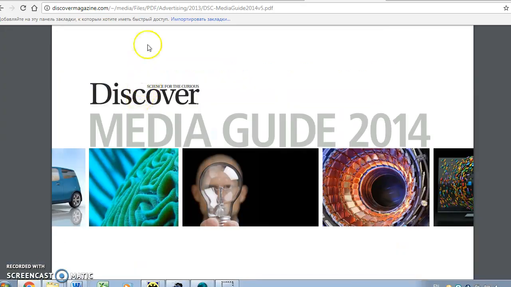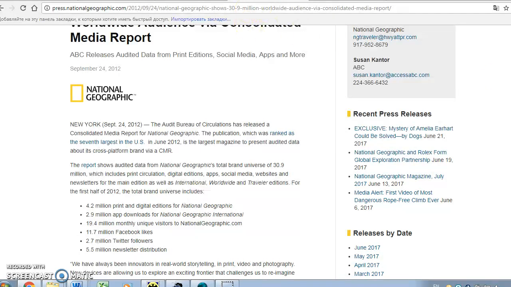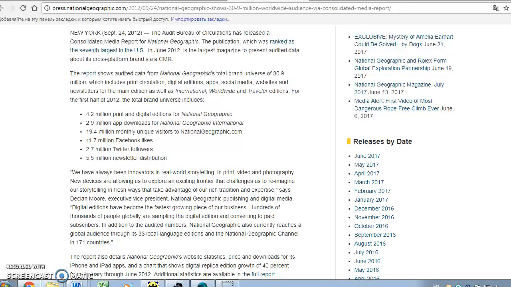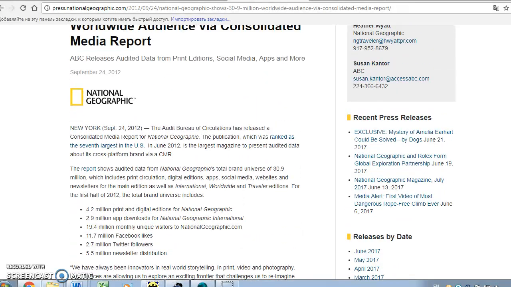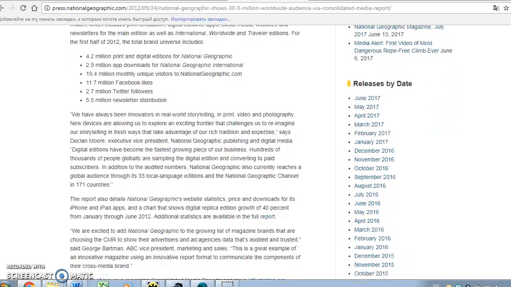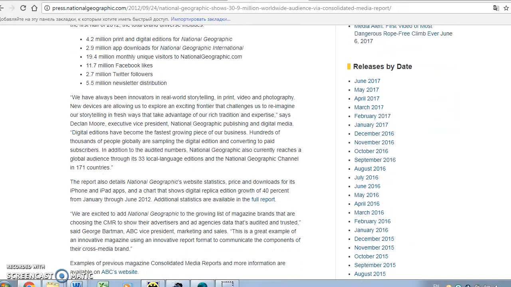For example, if you look at their websites, let's look first of all at the website of National Geographic. We will be able to infer from the information, for instance, in one of its press releases, that the materials published in this magazine are intended for very broad audiences, including many people who may initially not be interested in reading texts about science, or those who don't have much experience in reading about science, or in doing anything connected with science.